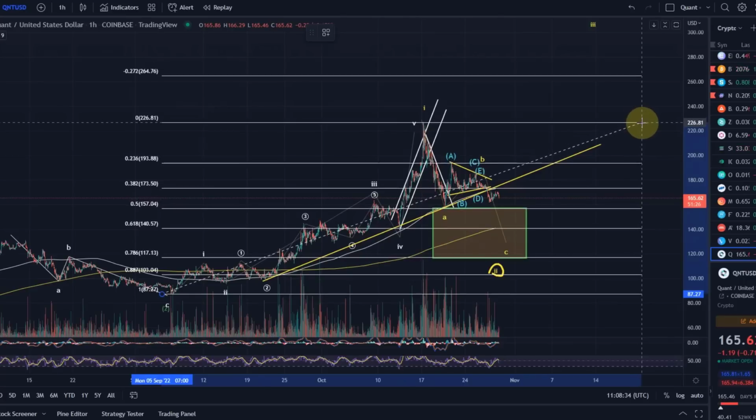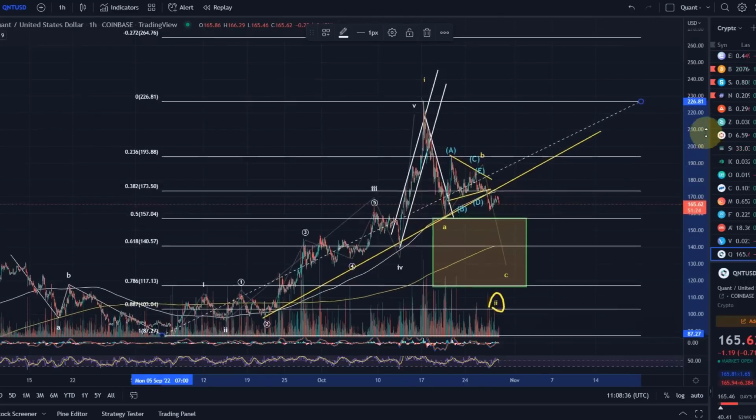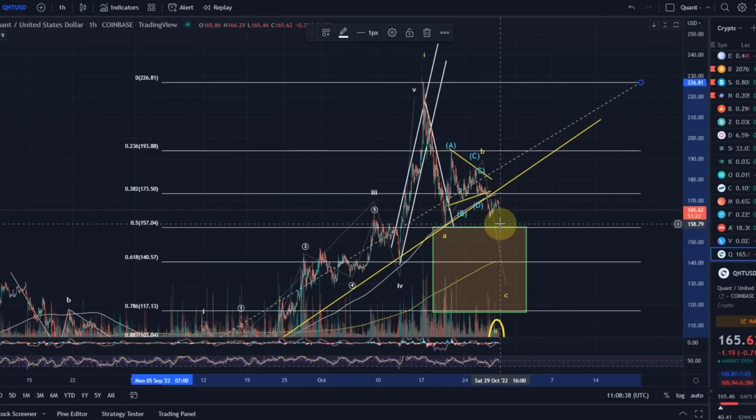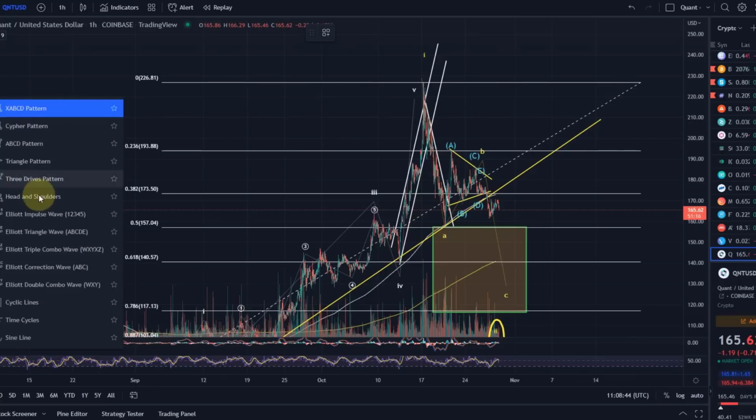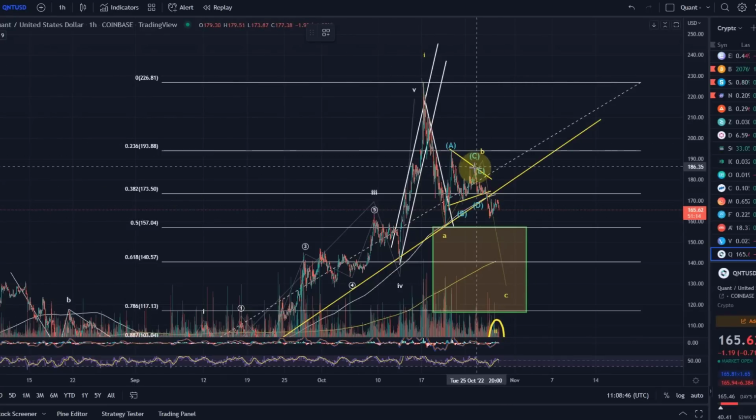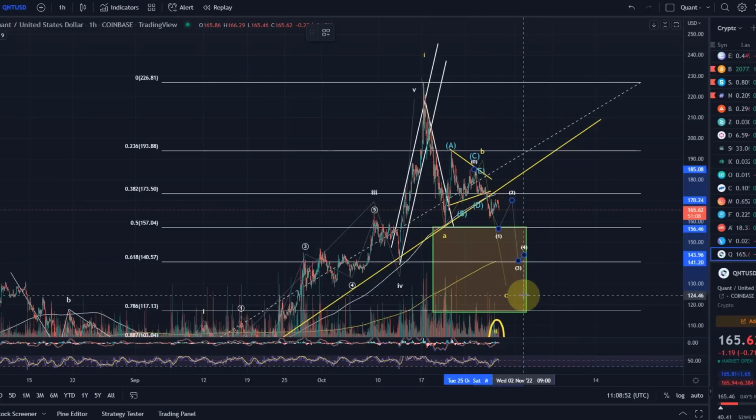That would be my primary expectation, because I would like to see a C wave below wave A, but I don't know if it will be broken in the first attempt, because as I just showed you and told you, this could become a long C wave. So we might do, after one more low, this as a wave 1. We will retrace in a wave 2, 3, 4, 5. So I don't think we're necessarily going to break it.